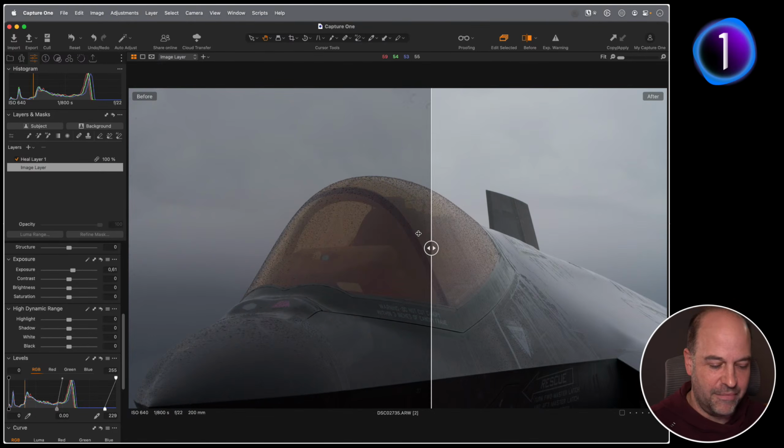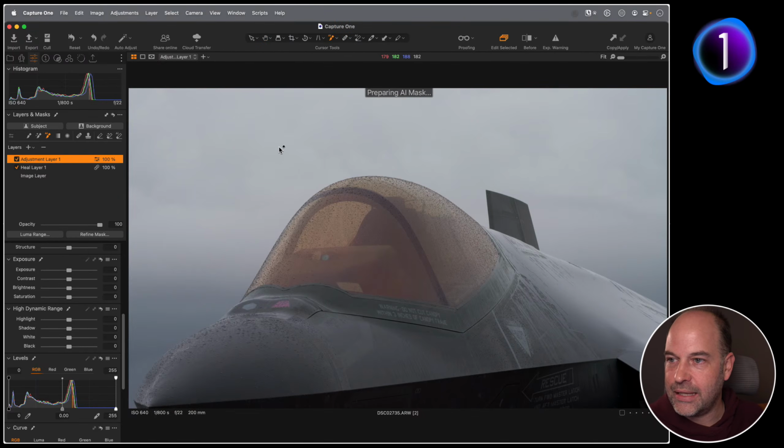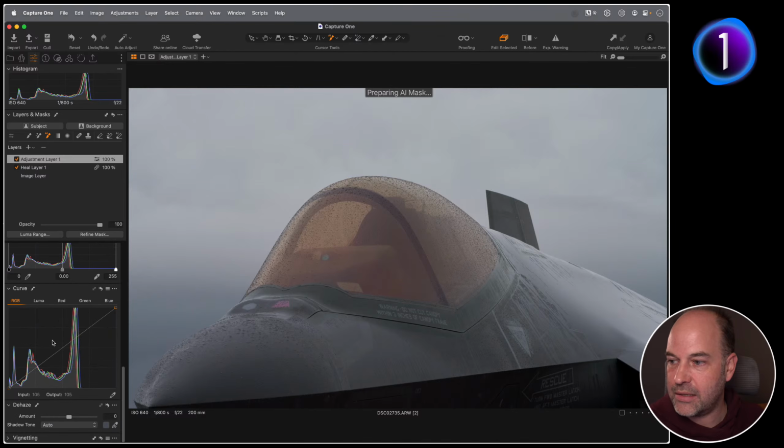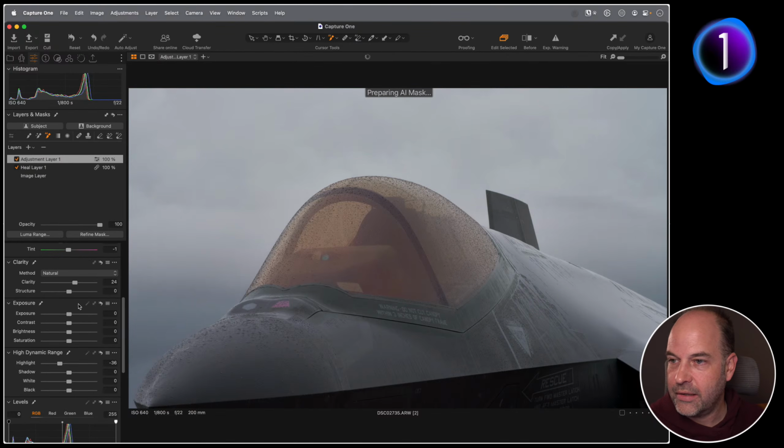In terms of the sky, if we think of our original sky, it looks more like this with all the dirt. The only thing that I might do is a very quick, if we make ourselves a new layer and then let the AI intelligence just pick out the sky. So if I grab that, then I'll pull my highlights down a little bit on the sky, maybe add a touch of clarity, if I can find it, and leave it at that, just so there's a hint of the clouds and structure going on in the background as well.